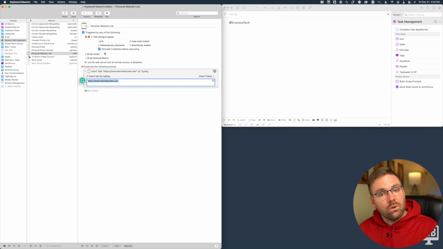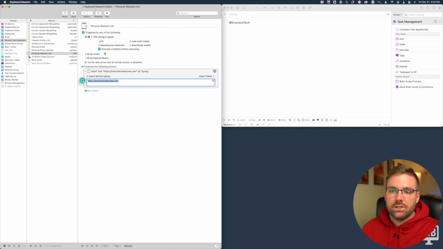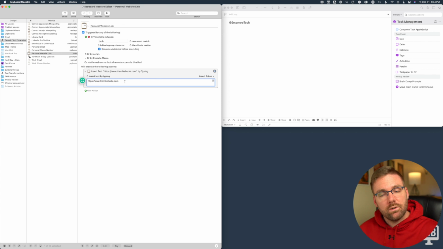But I had to type that out a whole bunch on all these different job applications. So instead of having to go copy and paste that, I could just type semicolon TMB, and that would type out my URL. And that's super helpful because a lot of those applicant tracking systems have issues with copying and pasting information too. So just by being able to type out the exact text, that's super helpful.